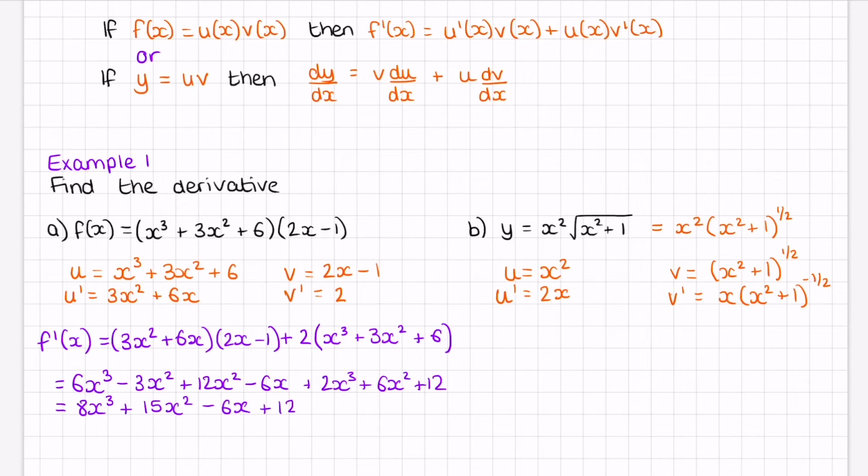Chain rules with simple ones like this, you do end up being able to do them without doing the steps once you feel confident. And now from here, we just apply our product rule. So we're going to have derivative of y, so y dash equals, now derivative of u, 2x multiplied by v, which is x squared plus 1 to the power of a half, plus v dash